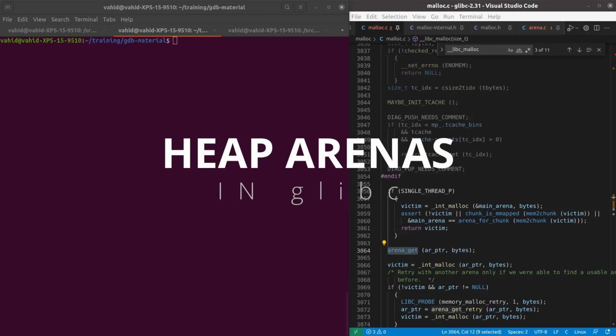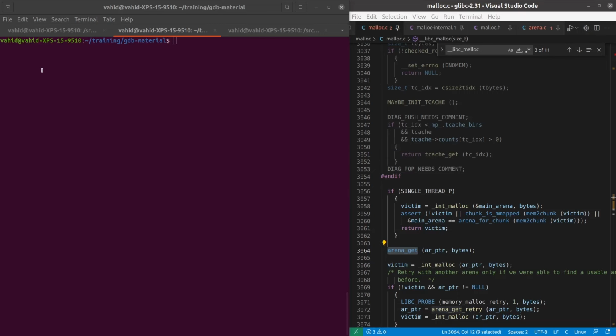Now, previously, I always mentioned that we're going to have a main arena that is allocated via sbrk. So if this is the memory space of a process, let's say this would be the data part, and this would be the code, and this is how the addresses kind of go, this is larger addresses. And then here we're going to have the stack. You probably know that the stack grows backwards towards lower addresses, and then